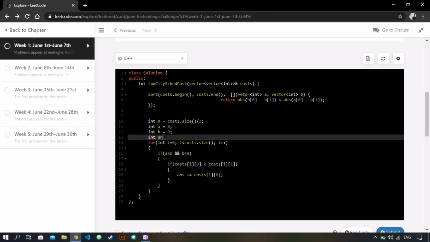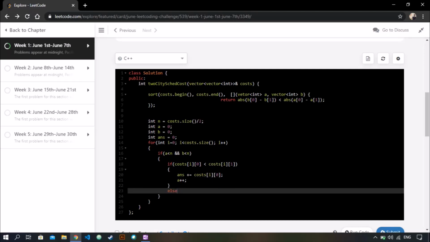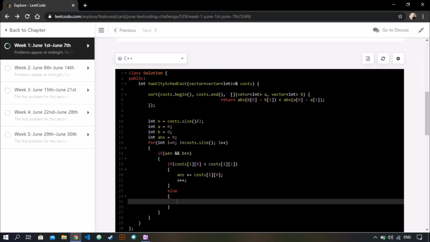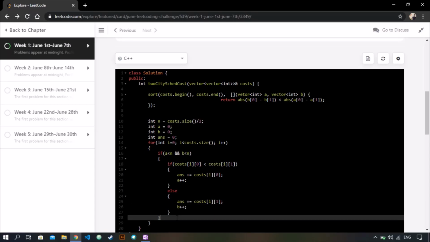Okay, and also we need to increase the count, that is a person went to city A, else the cost of B is less and we increment the count of B by 1.